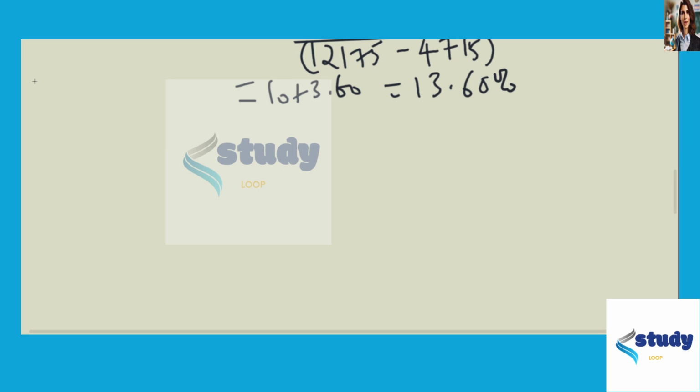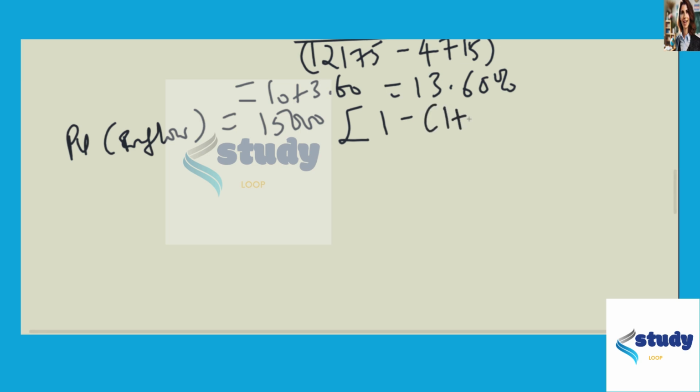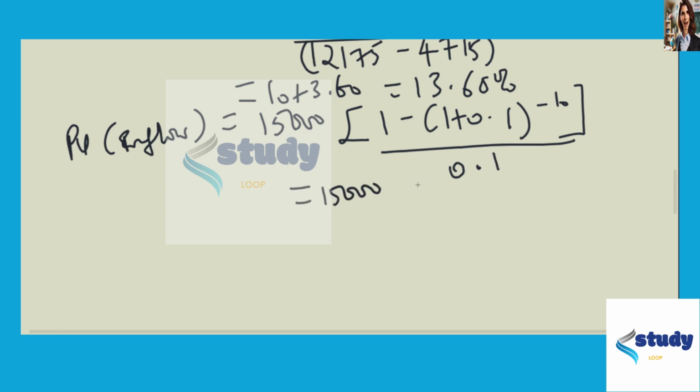So present value of inflow is 15,000 open brackets 1 minus 1 plus 0.1 raised to power 10 close brackets over 0.1, and this is 15,000 multiplied by 6.145,